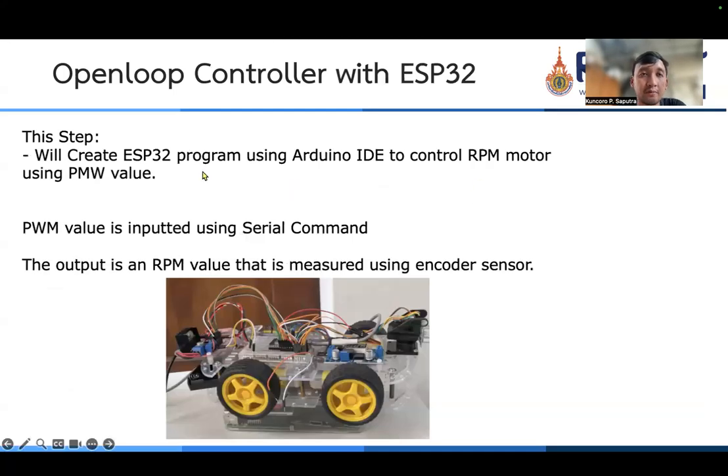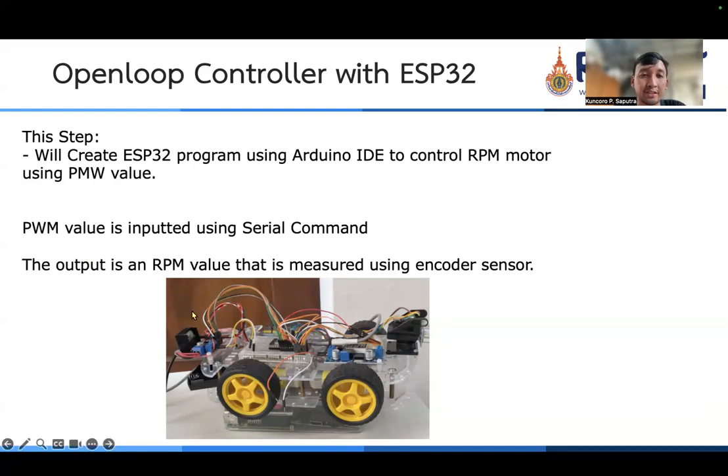So for the steps in this experiment, we create the ESP32 program using the Arduino IDE to control the motor RPM using a PWM value. In this program, we input the PWM value using a serial command.